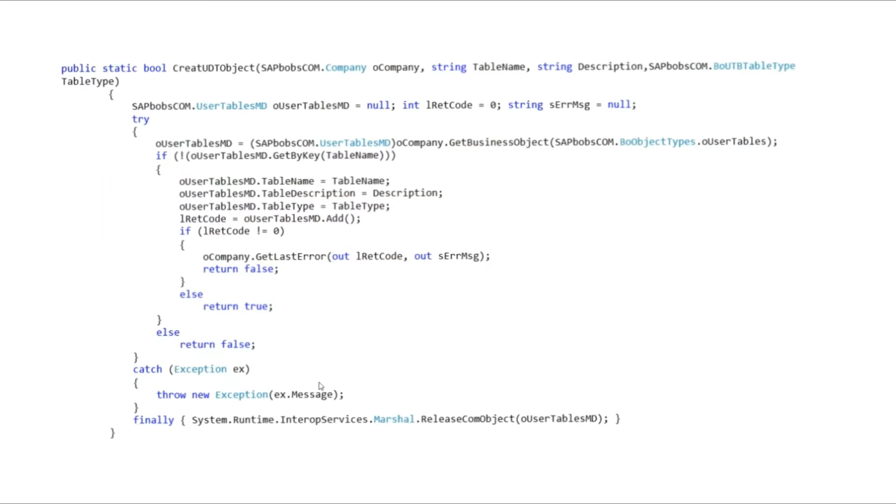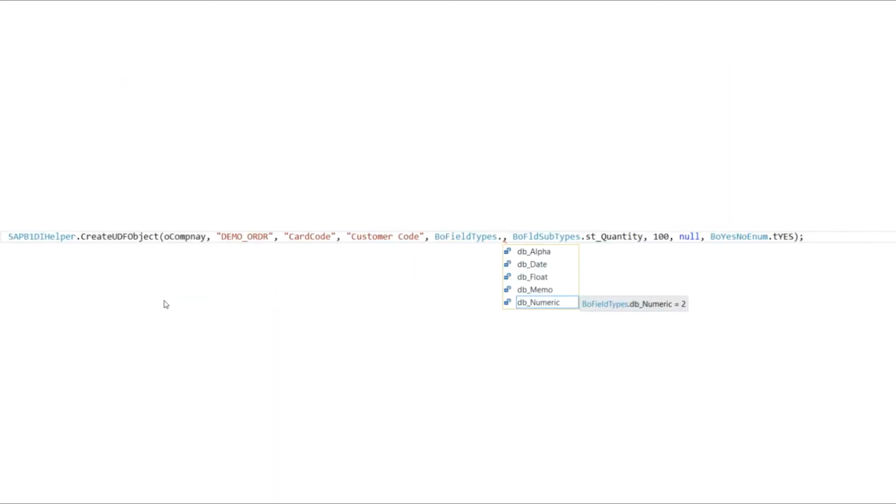This is the definition, which will receive the parameters and create the user-defined table for you. And the second function is create UDF object. With the help of this you can create a UDF in a table.